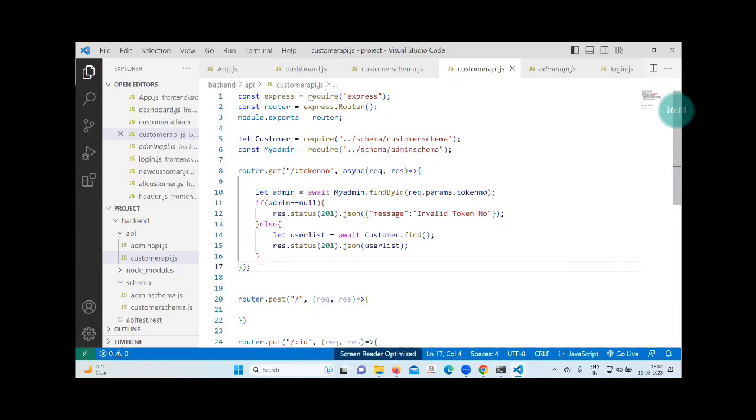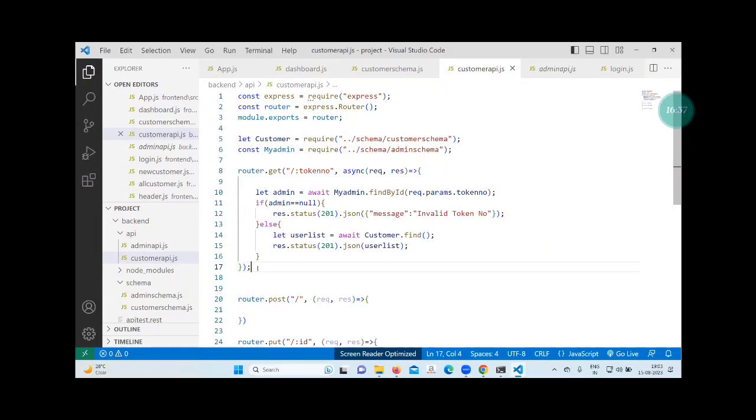When the login succeeds, the backend gives the token number to the front end and says, keep this token number in your local storage, and whenever you send any request to me, send me the token number also. So when you log in, I have given the token number. Now when you send me the request, I will check whether the token number exists with us or not. If the token number exists, then I'll give you your data. Okay. One more condition we have to write here.